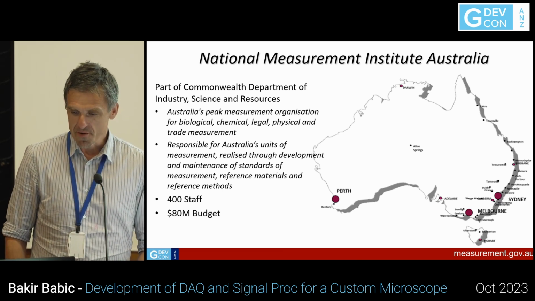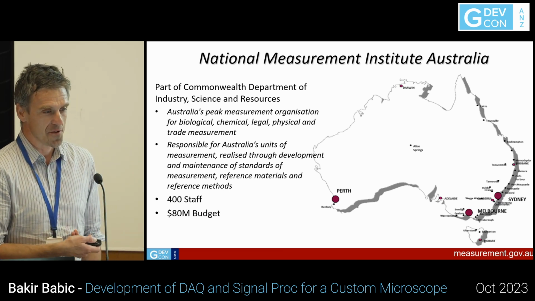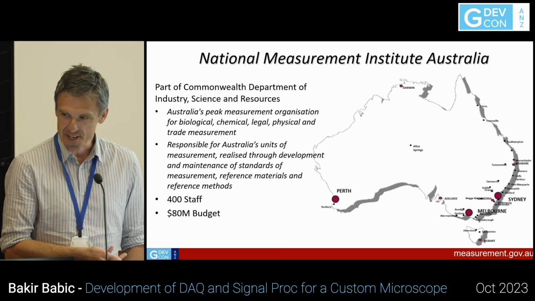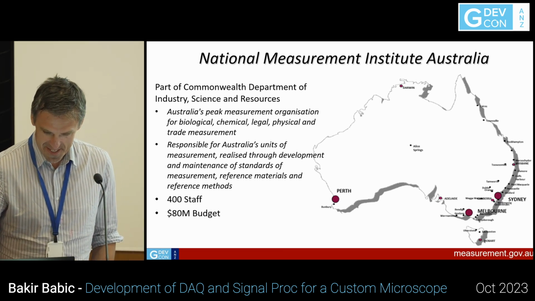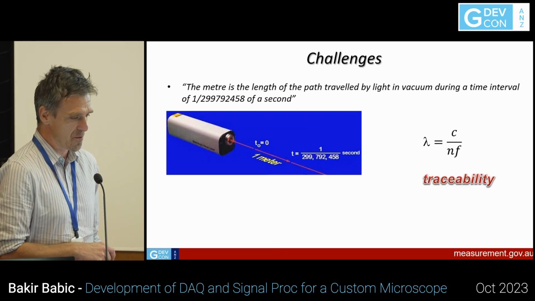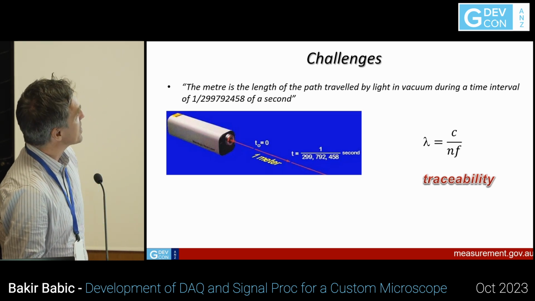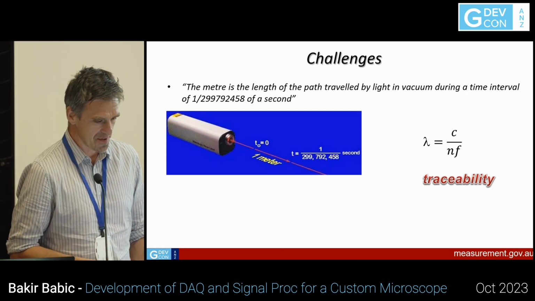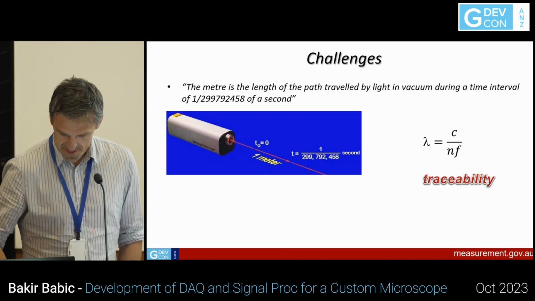So many people talk about quality, so I'll just add here that good practice, if you want to start in the right way for any of you in manufacturing, is to start with metrology, because that's the beginning of things. As we will see here, if you want to do, for example, dimensional measurement, you have to connect to the SI definition of a meter, which is defined through the frequency of laser light. And that's what gives you what is known as traceability.